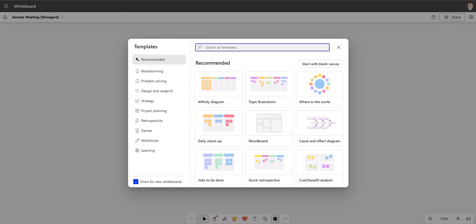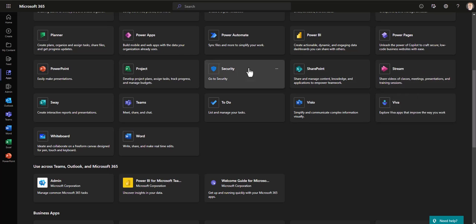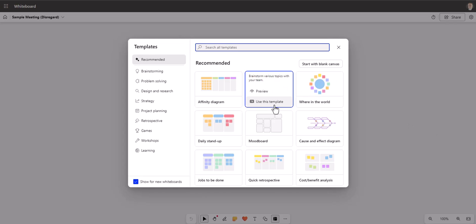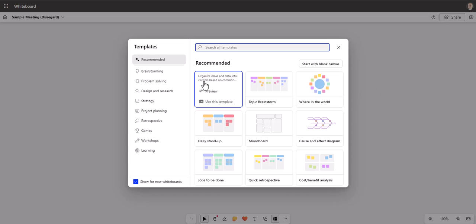Let's look at Microsoft Whiteboard, which is right here, Whiteboard. Now, Whiteboard is available on your Android and your phone app as well. And there's a whole other series of videos that goes over what's available on Android, because some of these apps act a little differently within Android, and you want to be a little careful on how to use them. But this is a pretty cool